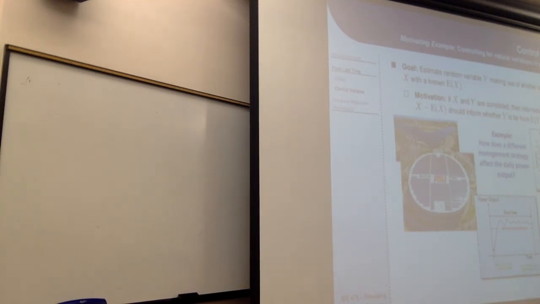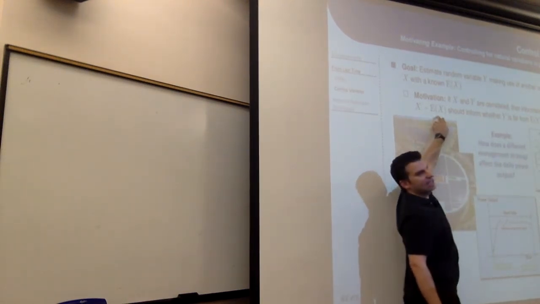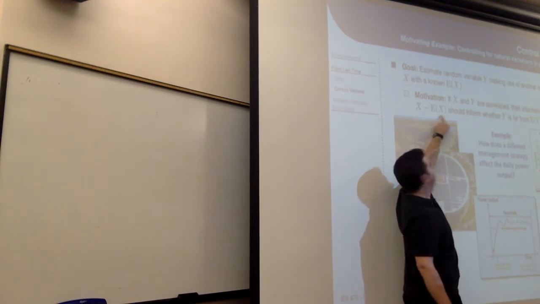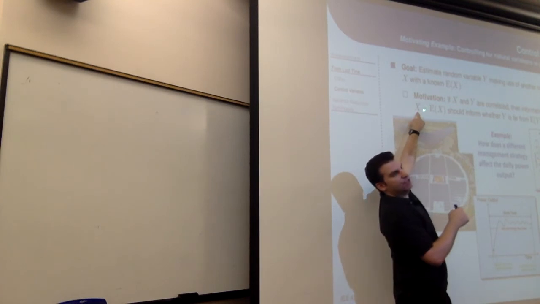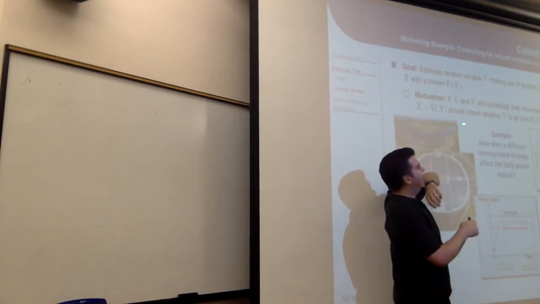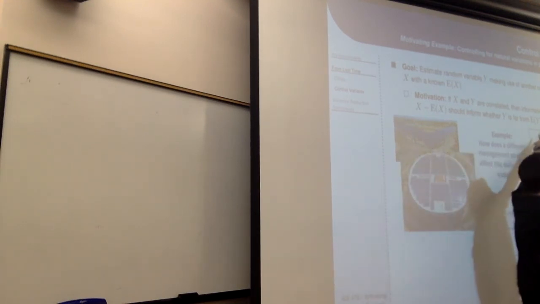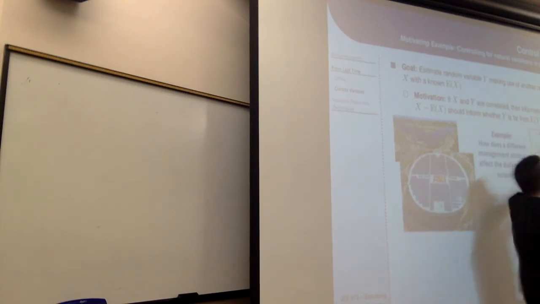So how do I deal with that? I'm modeling X here as my temperature. EX is my average temperature. I'm assuming I know that from data ahead of time, and I'm assuming I can measure the temperature on every day that I run the experiment. And then Y is my output that I care about, and I want to estimate the performance measure that is an estimate of the mean value of Y.